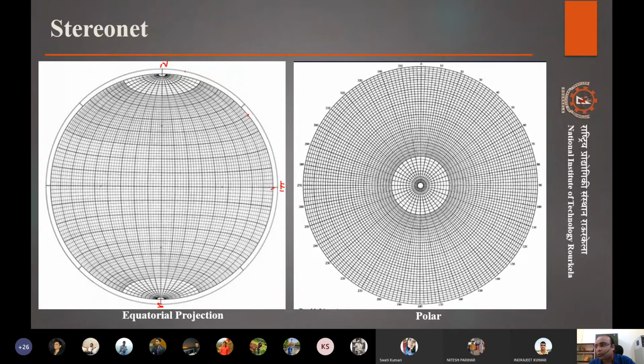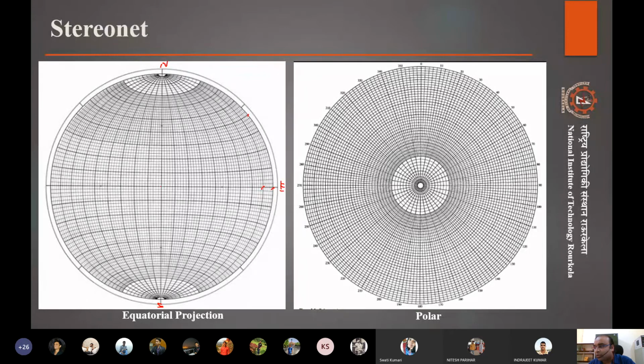So once we have the strike, we basically want the strike to pass through the center, right? And the dip of that plane will be represented by these curves. So a plane that is dipping at, suppose, 20 degrees or 30 degrees will be counted from here.